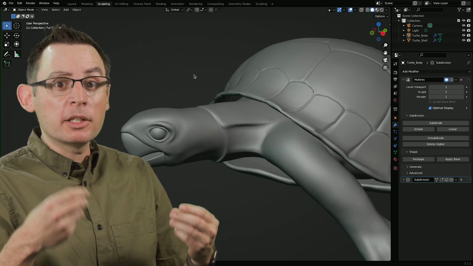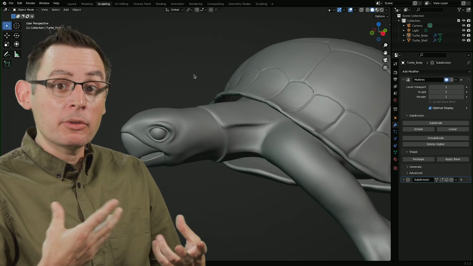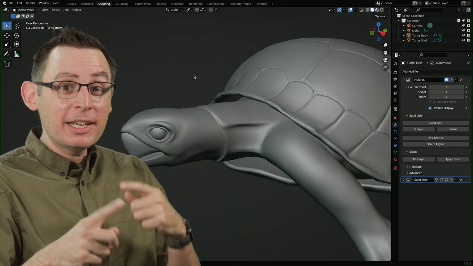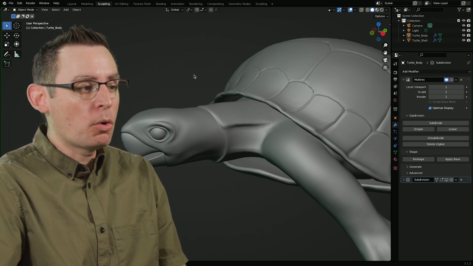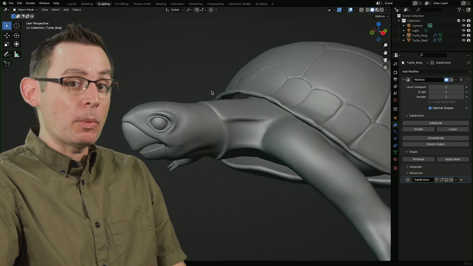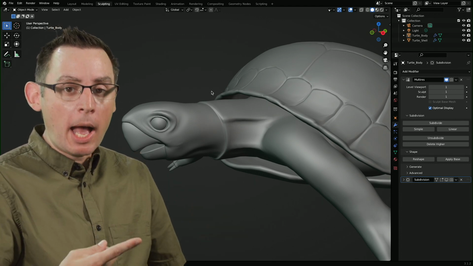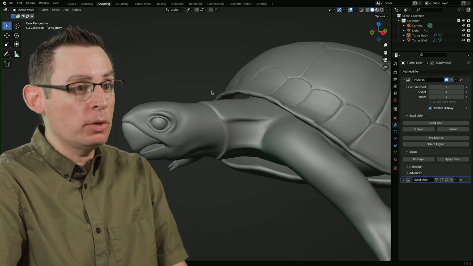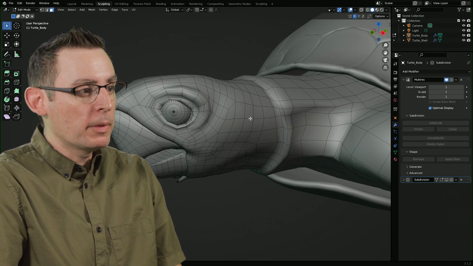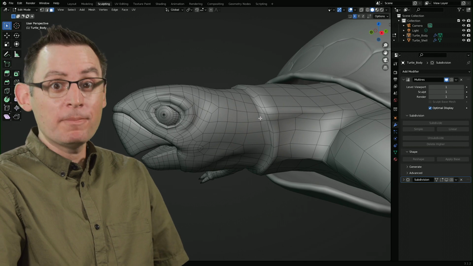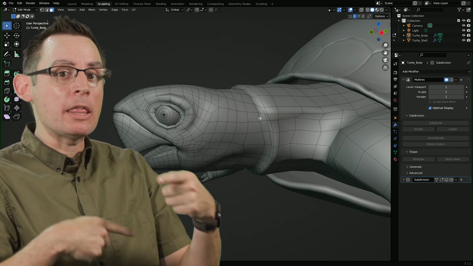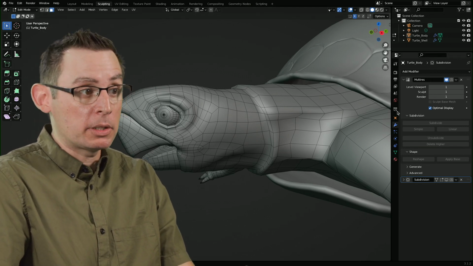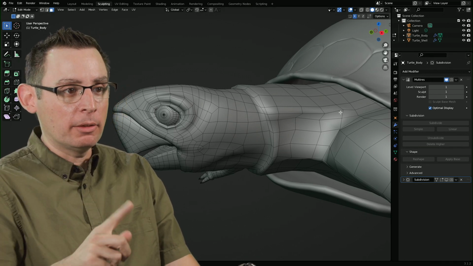The multi-res modifier is fundamentally doing the exact same thing, but allows us to continue to sculpt and add interior detail into the mesh itself. And this speaks very directly to the core power of this idea of subdivision, that we can dynamically add more geometry without having to physically go in and slice up the mesh and hard code in, if you will, all the geo. Remember, this is what the geometry looks like, right? This is the model that I created. And then through the process of dynamically adding more geometry through my subdivision or multi-res modifier, I can add more detail. Let me show you what it looks like.